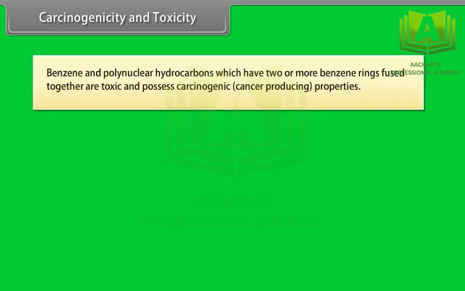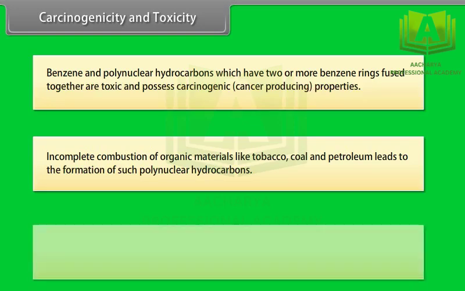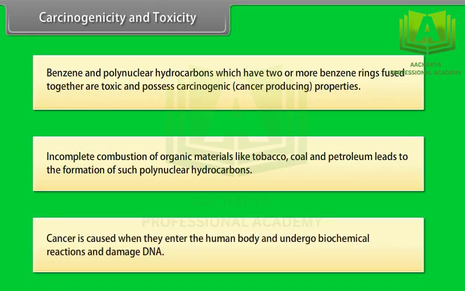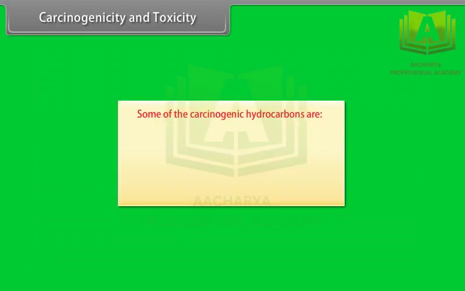Carcinogenicity and toxicity. Benzene and polynuclear hydrocarbons, which have two or more benzene rings fused together, are toxic and possess carcinogenic or cancer-producing properties. Incomplete combustion of organic materials like tobacco, coal and petroleum leads to the formation of such polynuclear hydrocarbons. Cancer is caused when they enter the human body, undergo biochemical reactions and damage the DNA. Some of the carcinogenic hydrocarbons are